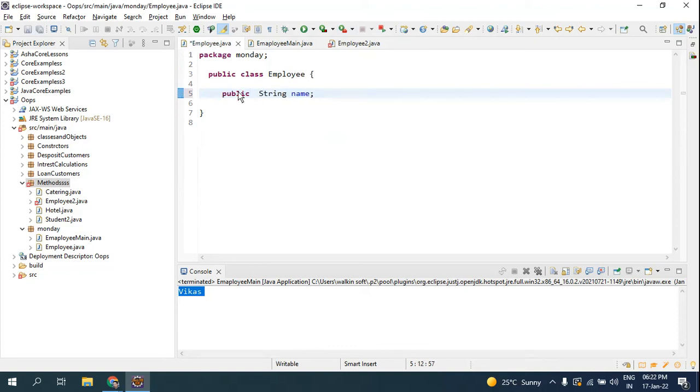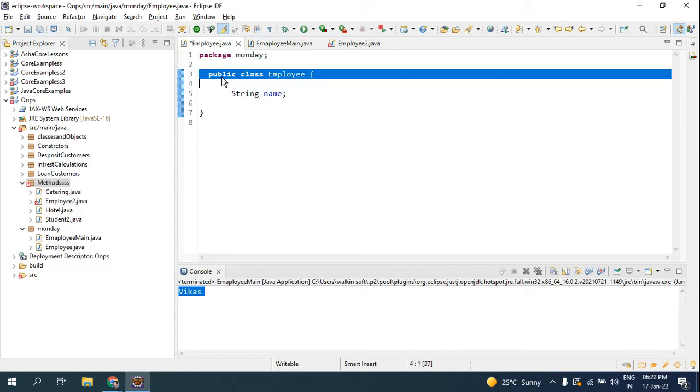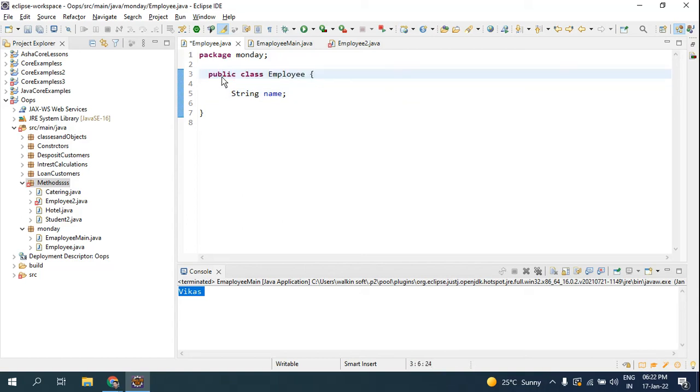So this is about public. When you have a public access modifier, it means that it can roam wherever you want. You can change its value, you can assign it, you can call it wherever you want. When it becomes default, it is understood that you have to use this class or attribute only where the other class is in the same package.